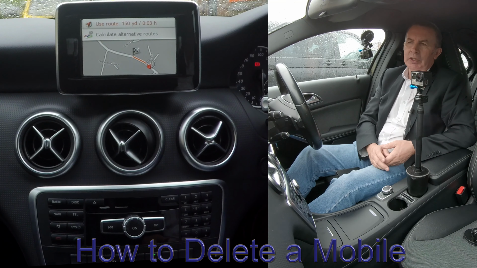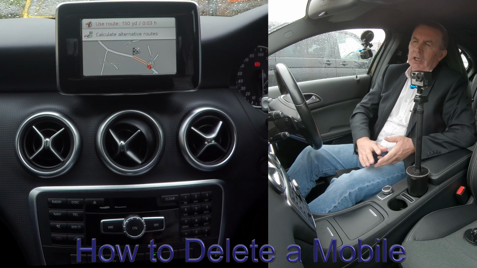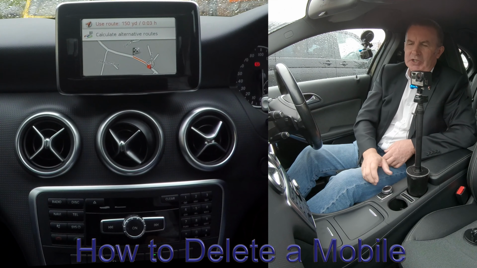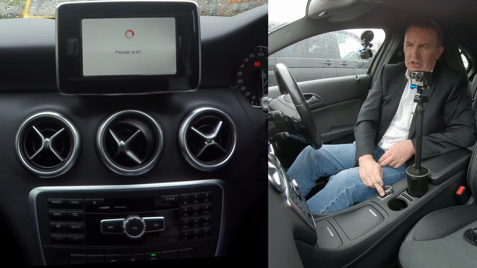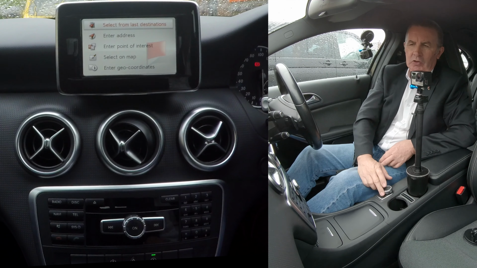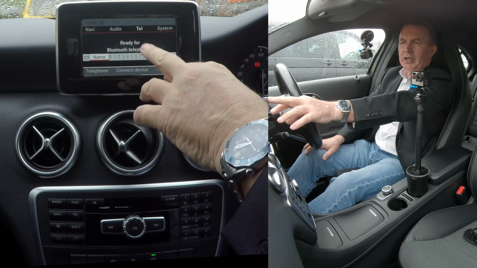Okay, I'll just show you how to delete a mobile from this 2015 Mercedes-Benz A-Class. In this, when the sat nav's on, you can click go back, but it just goes back on the sat nav. That's all it does. So what you have to do is click telephone, and you see there it's ready for